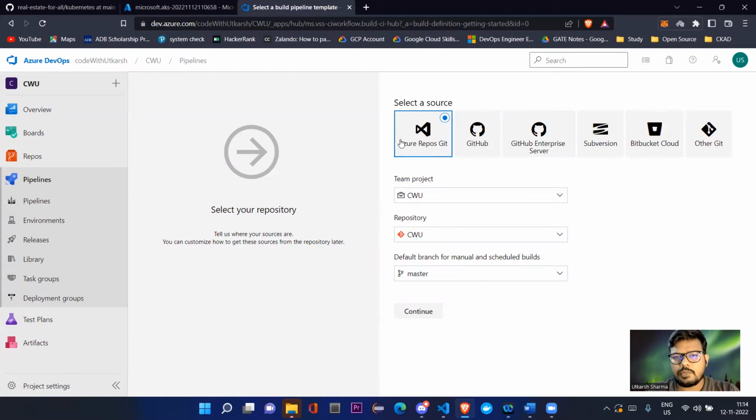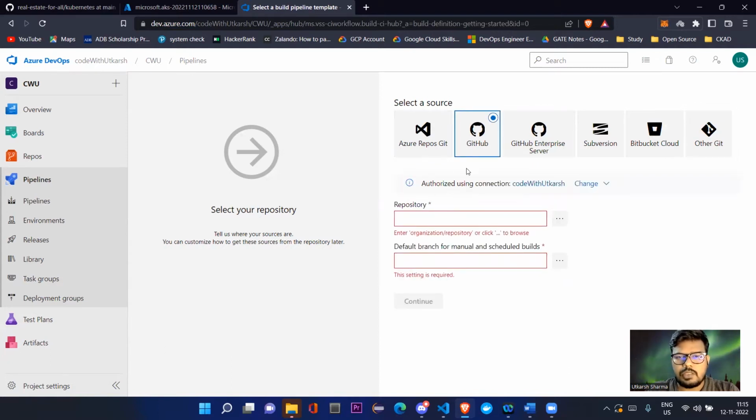Here we have a couple of options to select. We can select where our code is. This is for the repository management. Your organization might be using Bitbucket or GitLab or something. Whatever you're using, you can integrate your repository here. So there shouldn't be any problem. So my code is in GitHub. So I'll